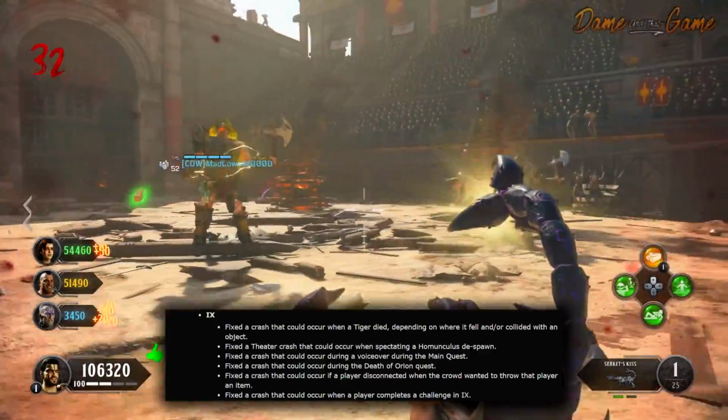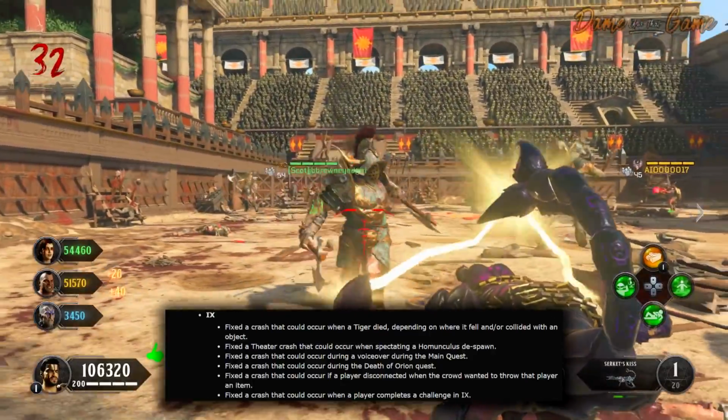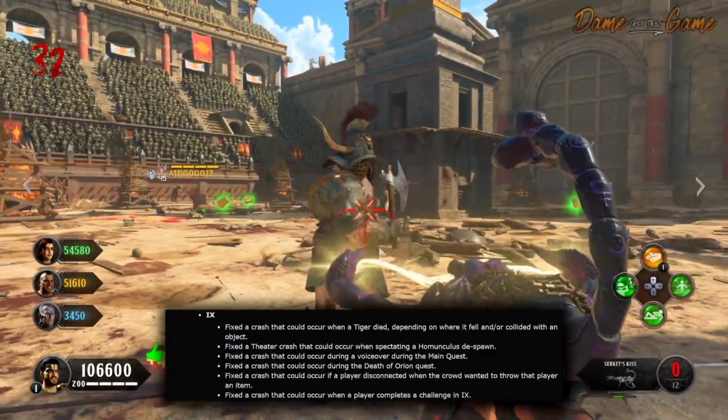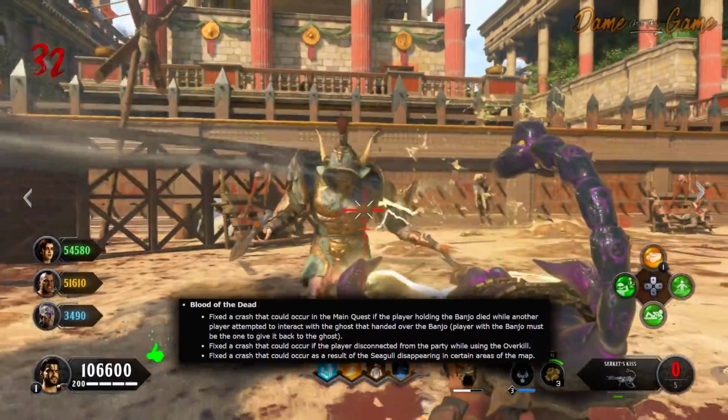They've also fixed a crash that would occur if a player disconnected when the crowd wanted to throw that player an item. And the last one for 9 is they fixed a crash that occur when a player completes a challenge in 9. Moving on to Blood of the Dead, they fixed a crash that would occur in the main